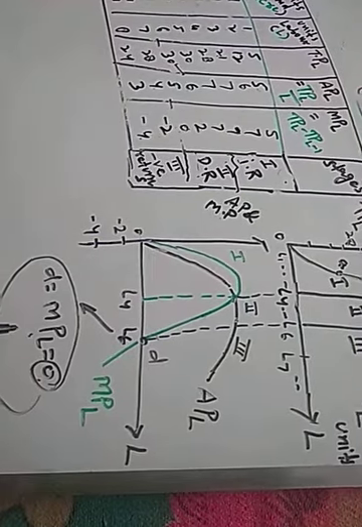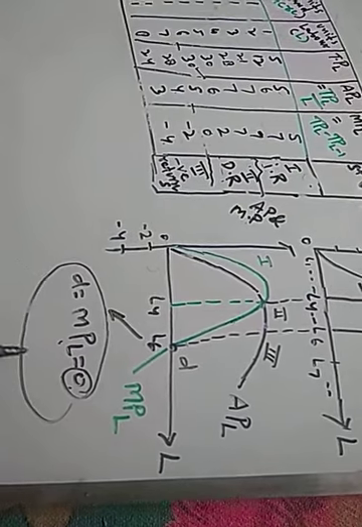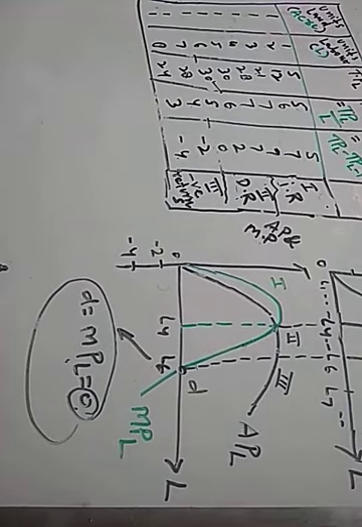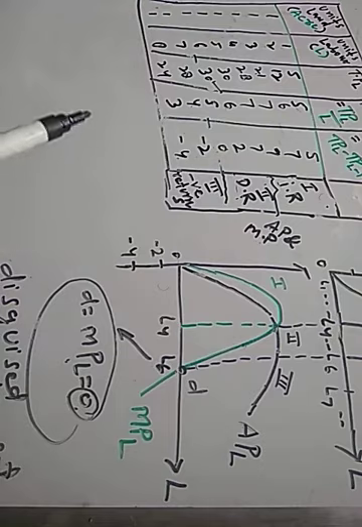And when marginal product of labor is equal to 0, this situation is known as disguised unemployment. When marginal product of labor is equal to 0, that is known as disguised unemployment, shown by point D. Beyond this,